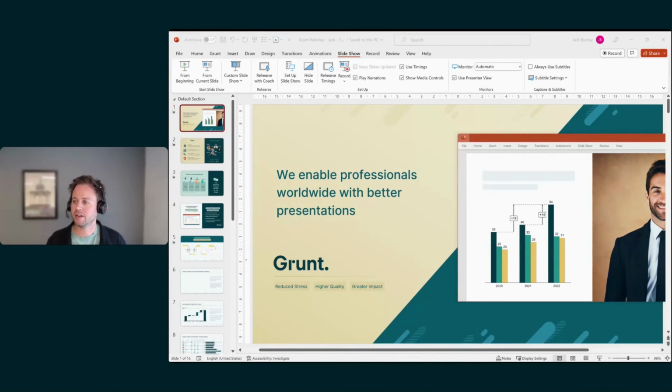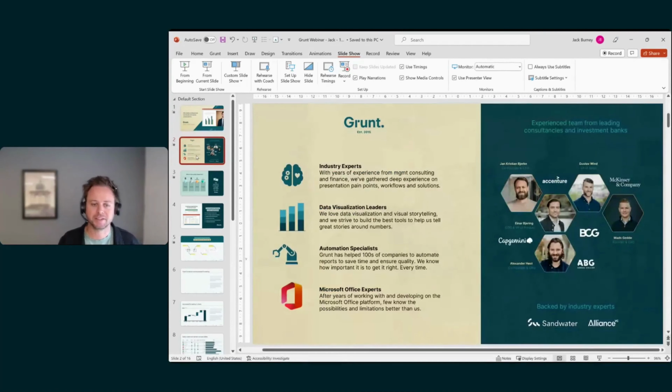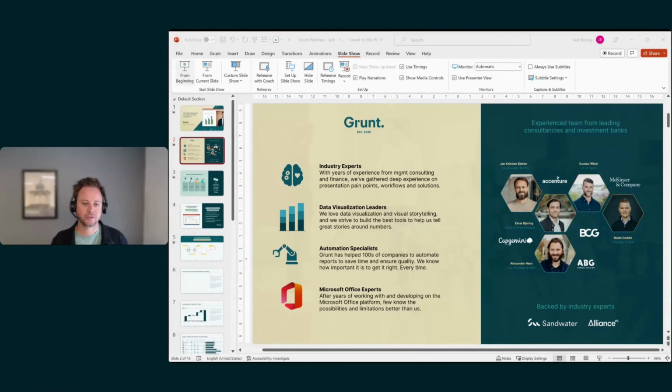All right, I'll just check. Yep, chat is clear and good to go. So let's kick things off. So look, I'm just going to sort of run through some basics here, just regarding Grunt. So actually, I might make this full screen because I think that's going to look better. I don't know if you'll still be able to see me, but just while I'm showing you these things, I'll make this full screen. Okay, so